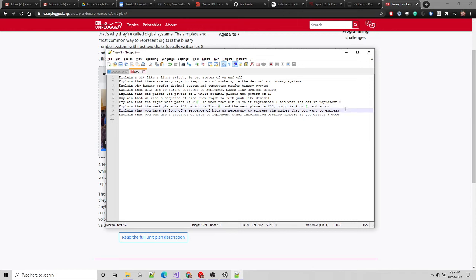So once the students get that, we can explain that you can have as long a sequence of bits as necessary to express whatever number you're trying to express. Just like in decimals, you just keep adding place after place after place to express whatever the number is. And once we get that, you can explain that you can use a sequence of bits to represent other information besides numbers if you create a coding